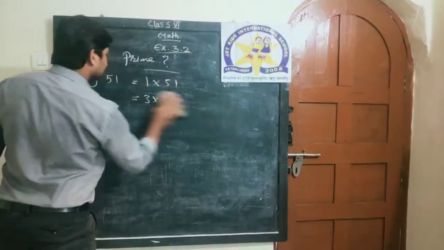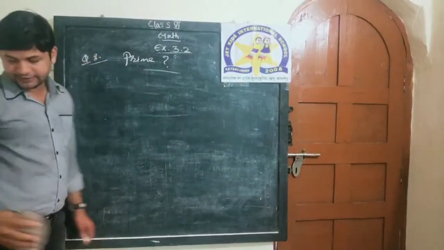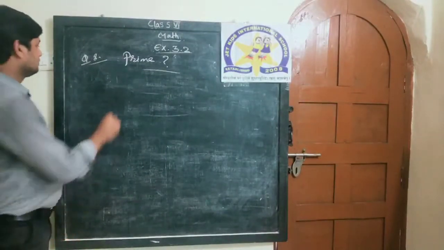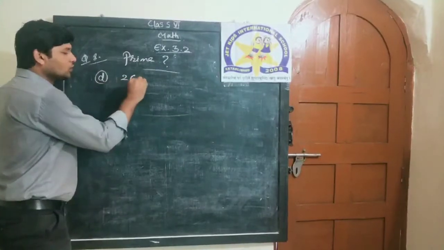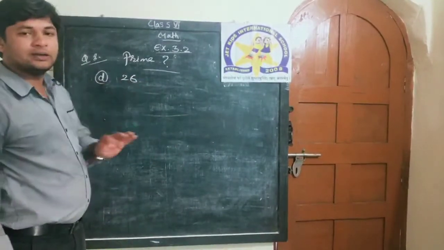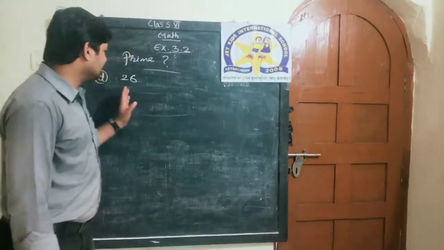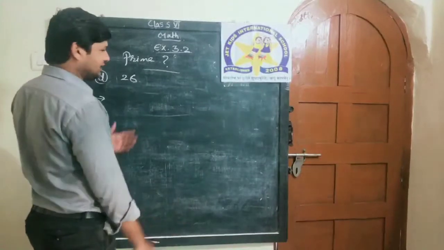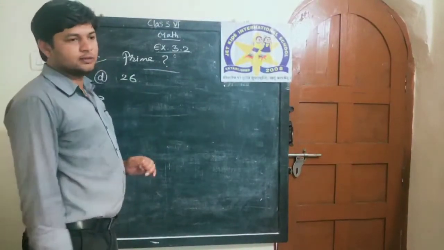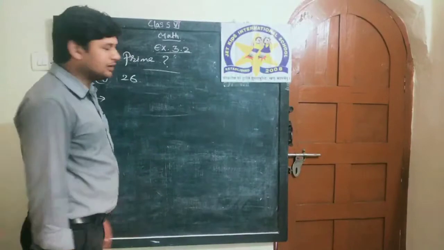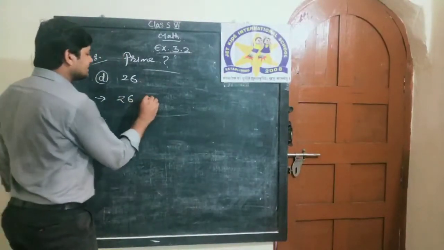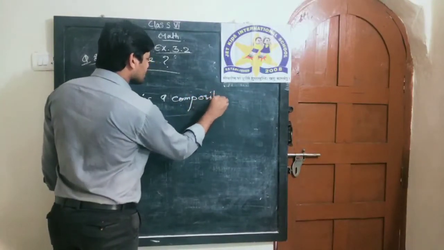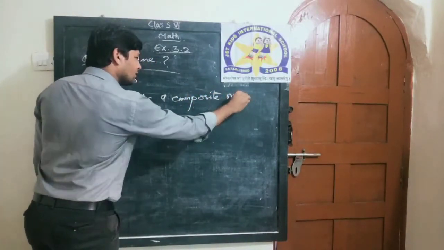Take a snap, make it fast. If you miss it, rewind and take a snap. 26, right? No need to explain anything, it is an even number. Only 2 is an even number which is prime. No other even number is prime. So directly we can write without any explanation. You can write that statement: only 2 is an even prime number, but 26 is an even number. That's why 26 is a composite number. Clear?